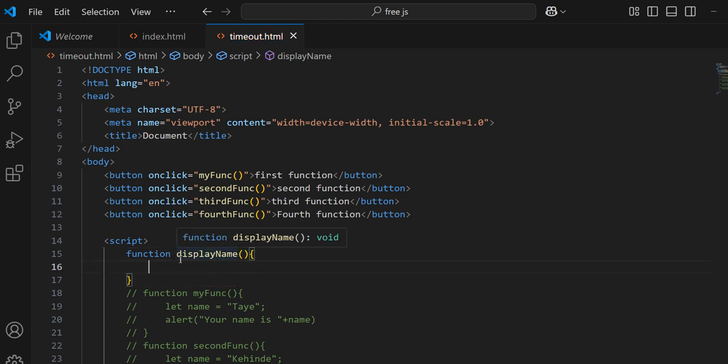Function display name. When I click on this first button, I want to call on this function display name, and it's going to display my name is Taye. When I click on this second button, it will also call on this same function display name, but instead it will display my name is Kende. When I call on this third function, it's going to call on this same function again, and it's going to display my name is Ido. When I click on the fourth function, it will call on the same function, and it will display my name is Kemi. So this single function now will be the one to do the work of the form,